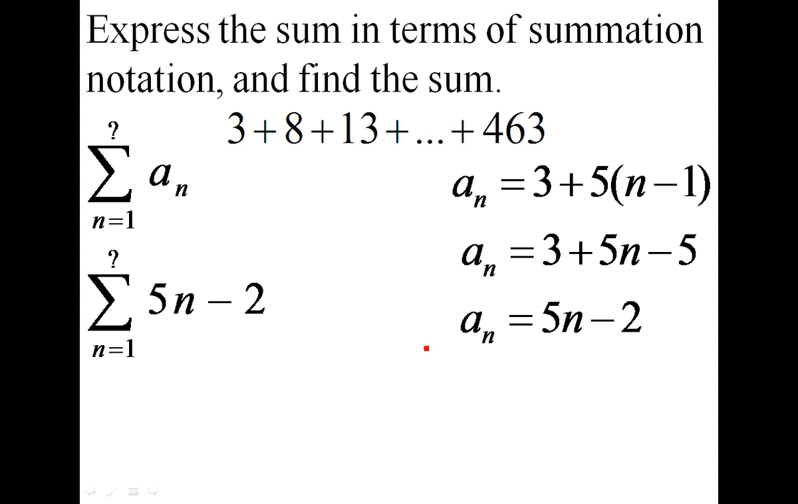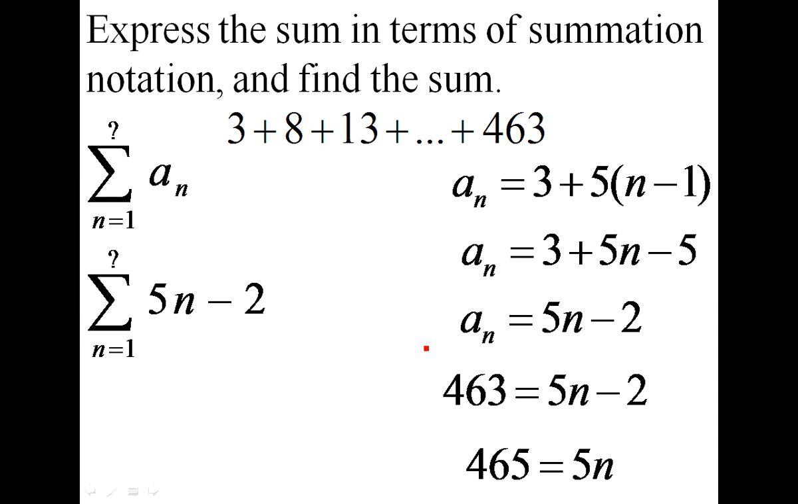So, anybody got ideas? Yeah, that's what I was afraid of. All right, so take 463 equals 5n minus 2, add the 2, divide by 5, you're on your way. So you're going to have 93 terms, 5n minus 2, and then to find the sum,